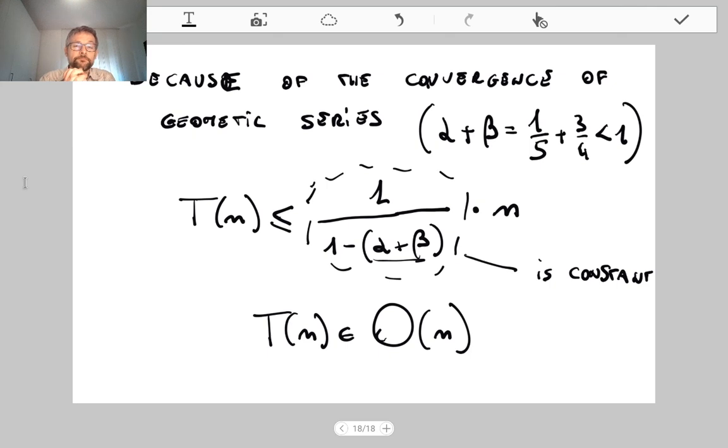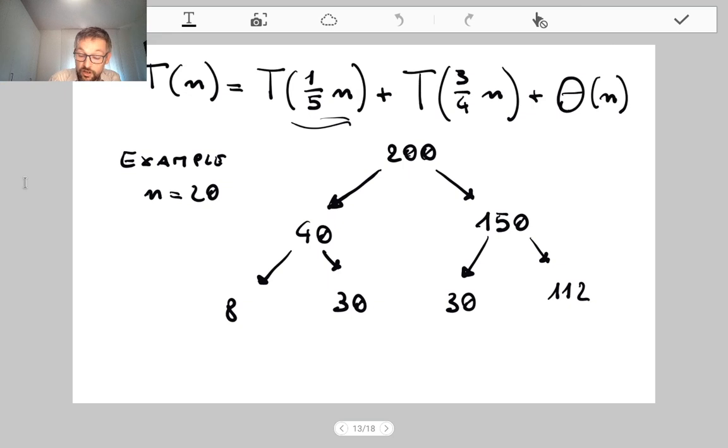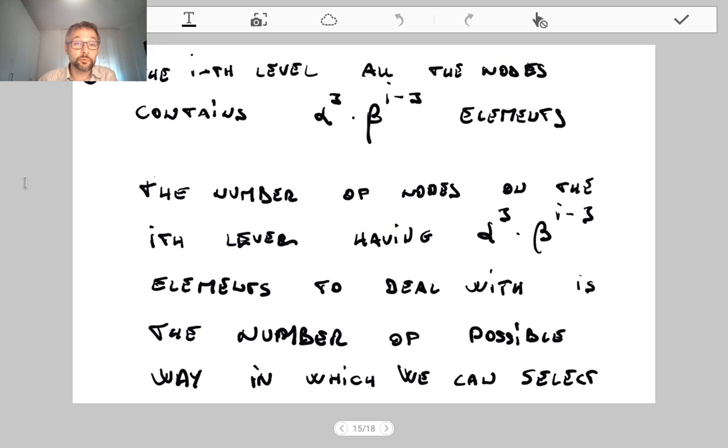Okay? So basically we have just proved that our initial equation, which was, let me go back, this one, belongs to big O of n. This seems weird because at the very beginning, just for the first call, we are spending theta of n, and then of course we have many other calls. So by looking at this equation, one may think that the complexity is greater than theta of n, but by performing all the computation and by over-approximating the height of the tree, assuming that it is infinite in size, which is not the case of course, we end up concluding